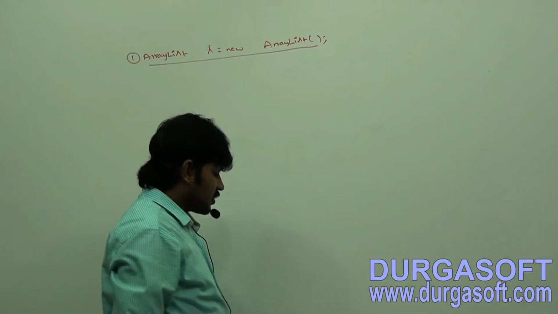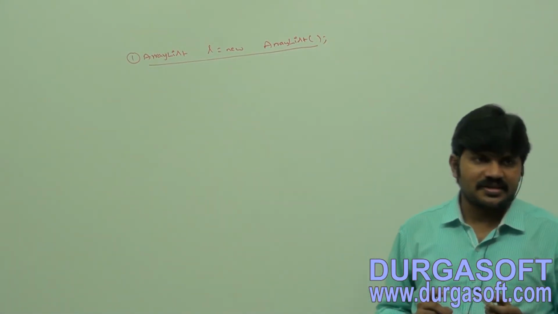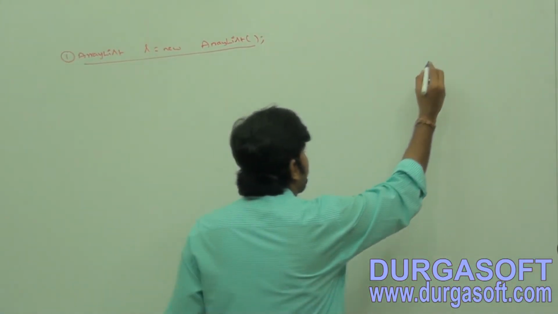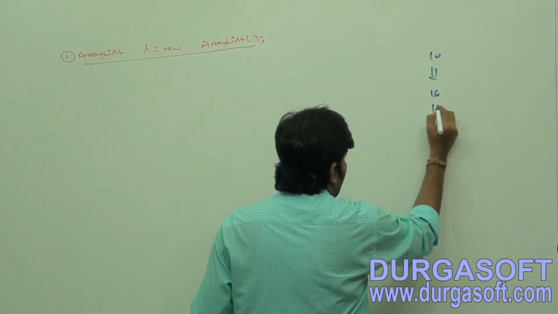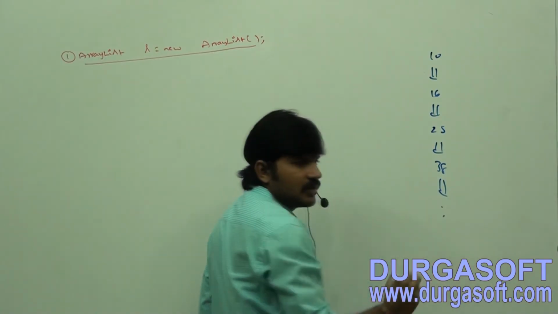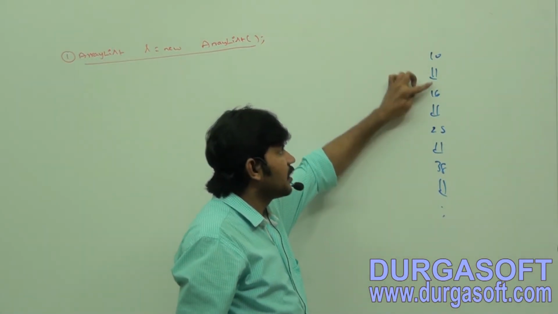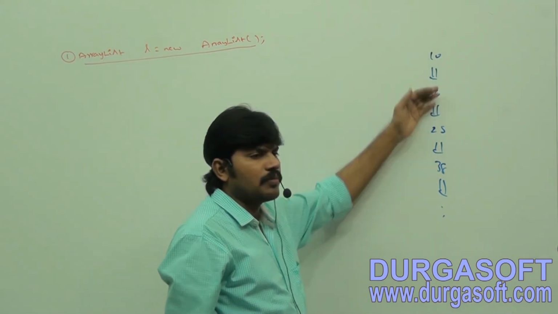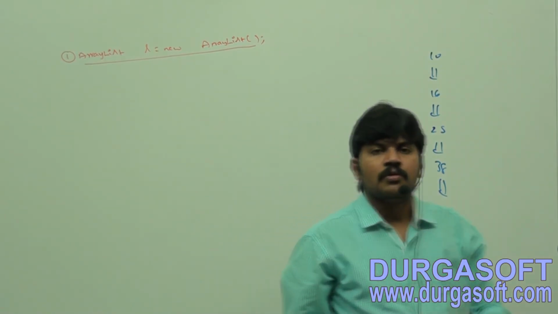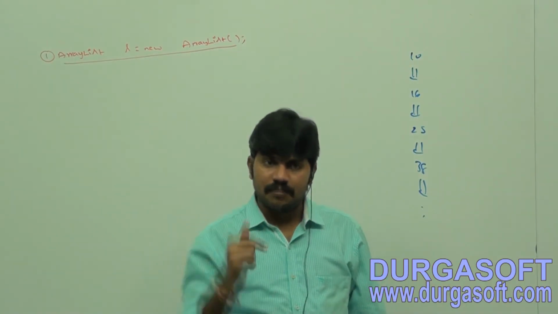Just assume, sir, I know 1000 objects I'm going to add to the array list. First create 10, then create 16, then the next one 25, and then 38. Unnecessary. Performance is going to go down or not? Because every time it creates a new object, copies, and so on, a big performance problem will come. Why don't you create a big array list object at the beginning only?